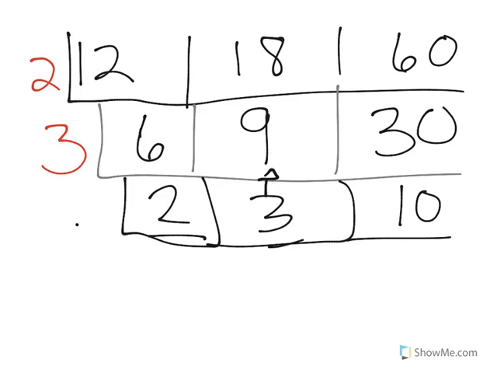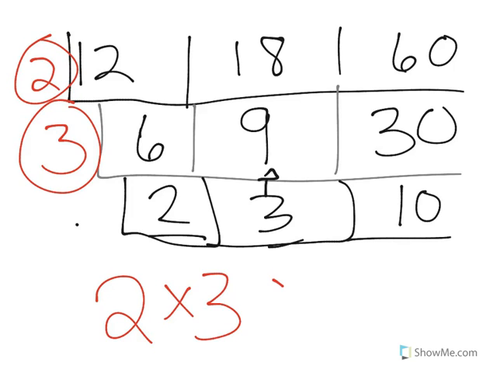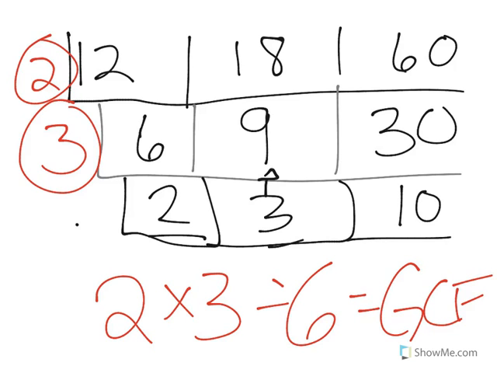So since I pulled out a 2 from each of them and a 3 from each of them, we're going to do 2 times 3, so their greatest common factor is 6. Alright, so that's the basic 3 ways to find greatest common factor, but I'm going to show you a shortcut